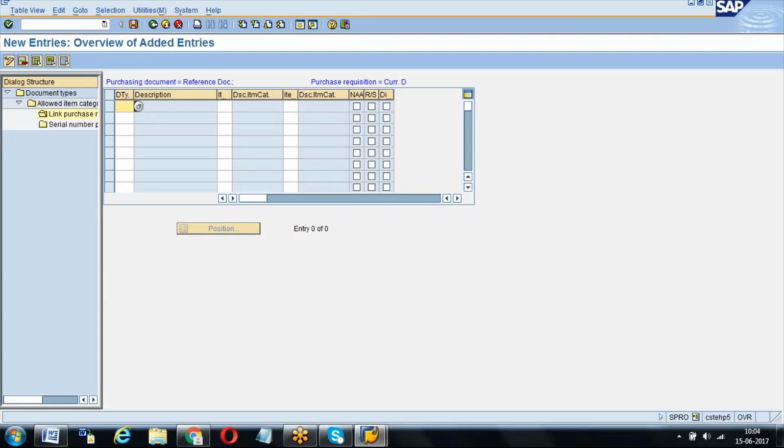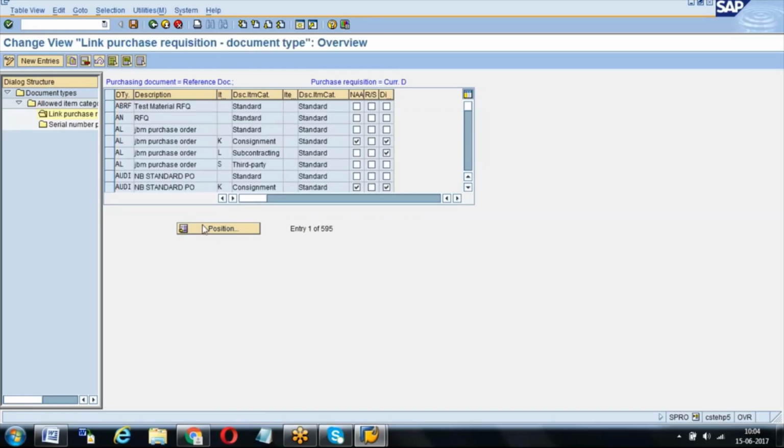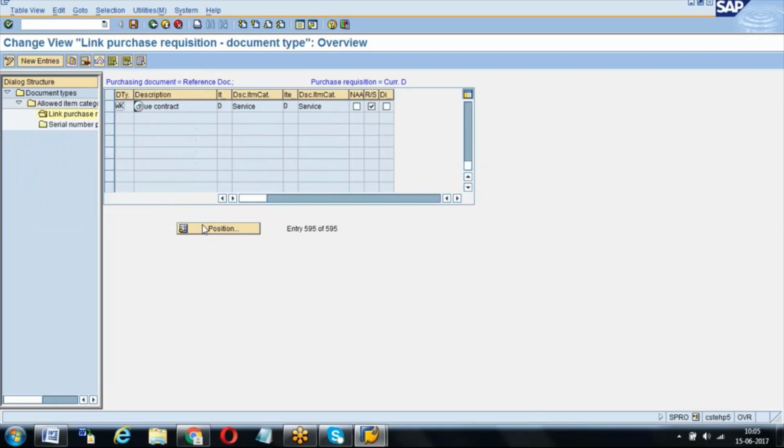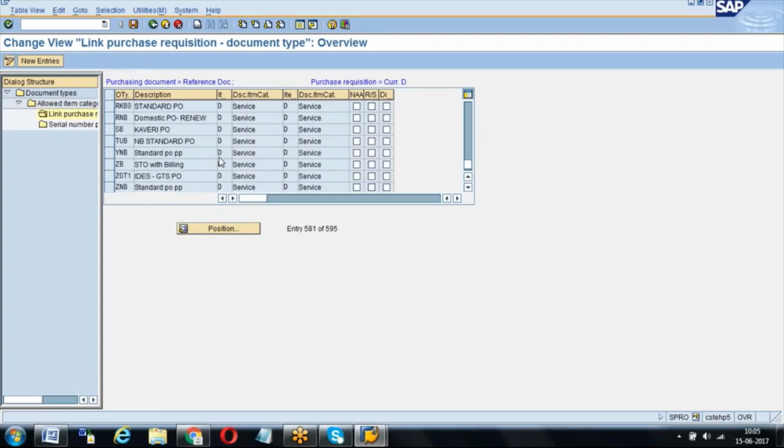Then you should have a given entry. Let me take this position. GK and purchase requisition document type is NB, item category of the requisition D, document type GKNB and D. Service purchase requisition has to be used to create a service PO, no other.